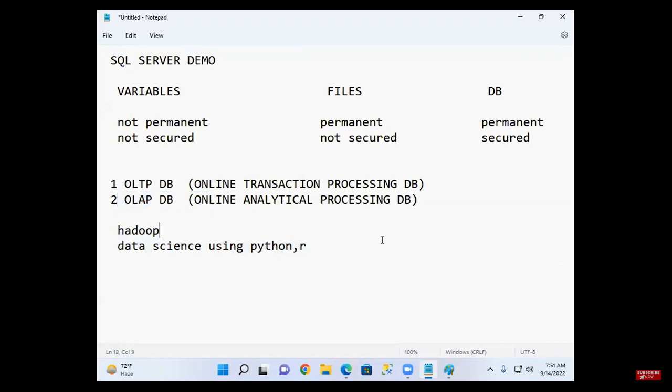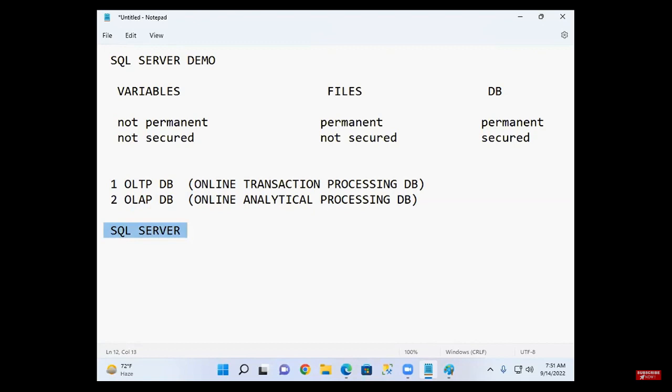These two are used for data analysis. You don't use Hadoop for day-to-day transactions. You don't use data science for day-to-day transactions. You use them for data analysis.